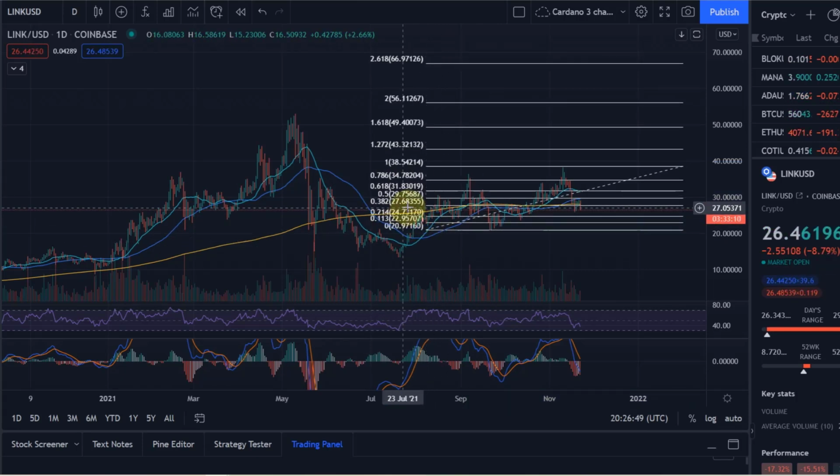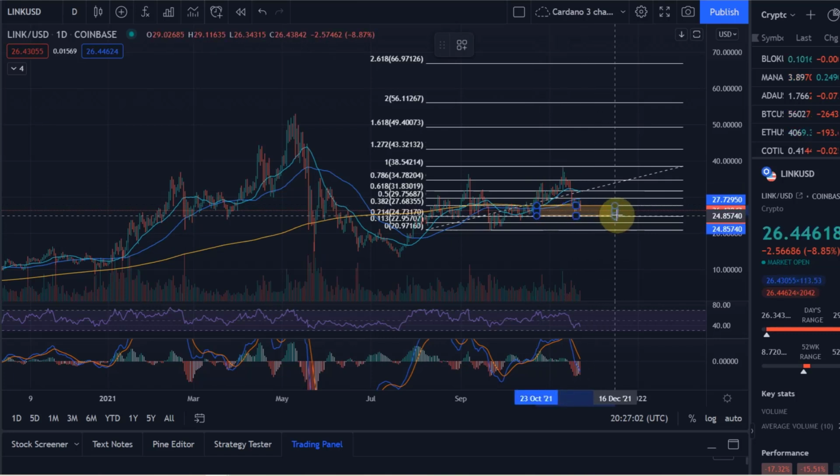Can't really see it, so now I can see it. So between the 0.618 Fib level at 2768, let's go there. From here, that would be the key target level, down to the 0.786 at 2473. But you can even go lower to the 0.882 Fib level, 887 Fib level at